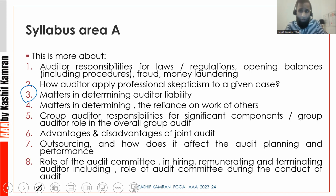We know the focus on audit committee has increased a bit in recent exams, so be sure you have a sound knowledge around corporate governance. I think one of the articles I recommended yesterday was around corporate governance in my top 16 articles. So if you read that article, you will have a good idea about role of audit committee and also the role of audit committee during the conduct of the audit. When the audit is being conducted, what sort of a role an audit committee has to play during the conduct of the audit. Please ensure you're familiar with the 8 parameters which are